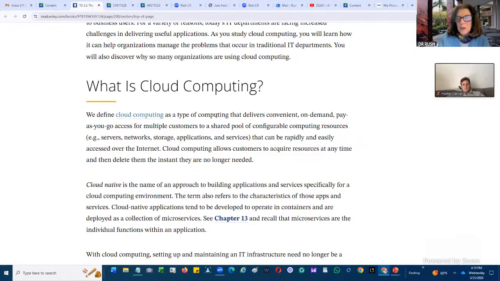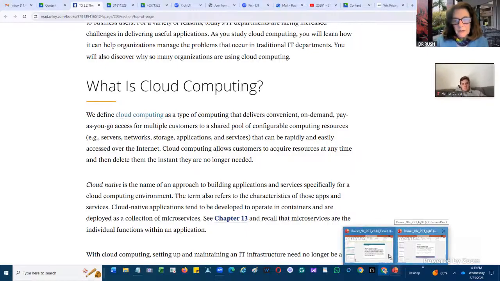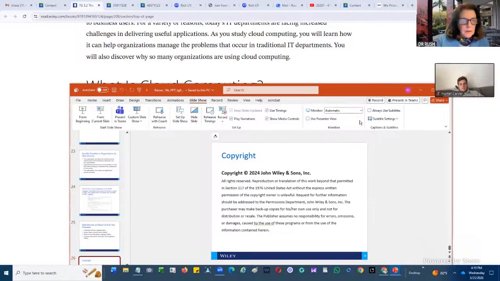And cloud computing is the idea, Hunter, that companies, organizations, enterprises deliver services for multiple customers to share a number of computing resources. Let me just go over that in a bit here.